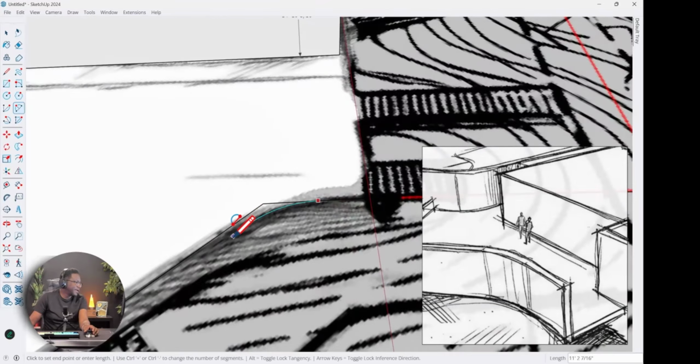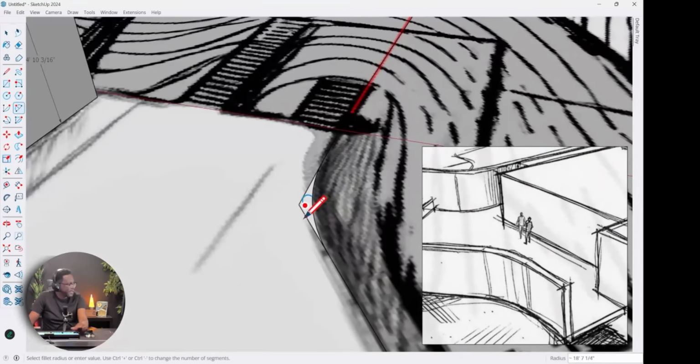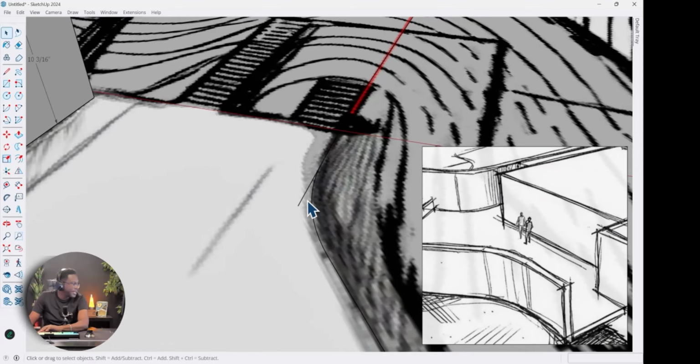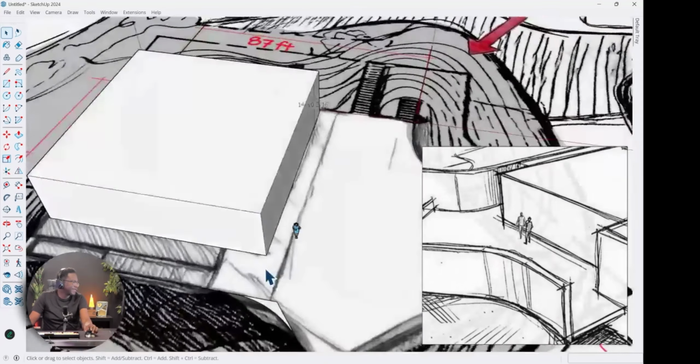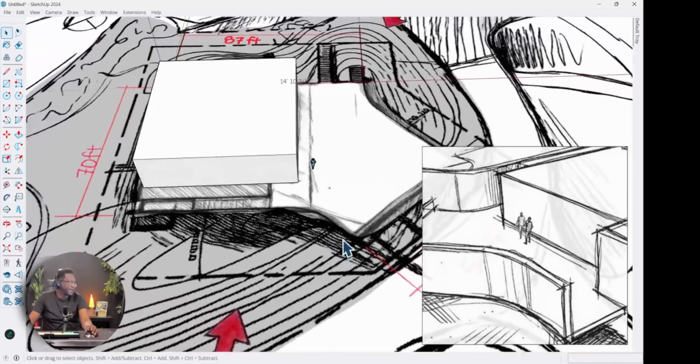I'm going to do the same thing here. Now I'm just guesstimating where to put this curve, but what I'm looking for is for this line to turn purple, and then move this till it turns purple like that. All right, good stuff. So I'm going to delete this edge here and here. So I have this curve here, and I'm going to do the same thing here and here. So I have that curve there.